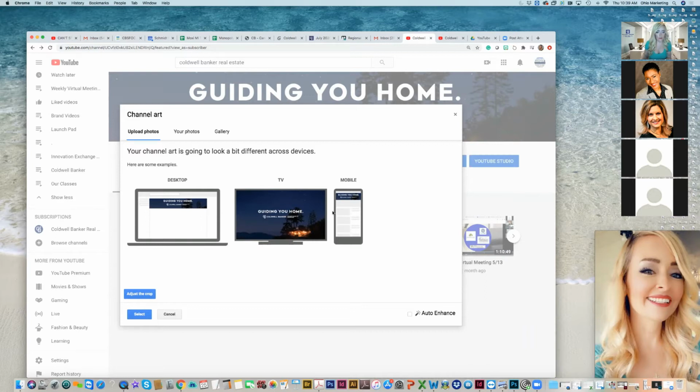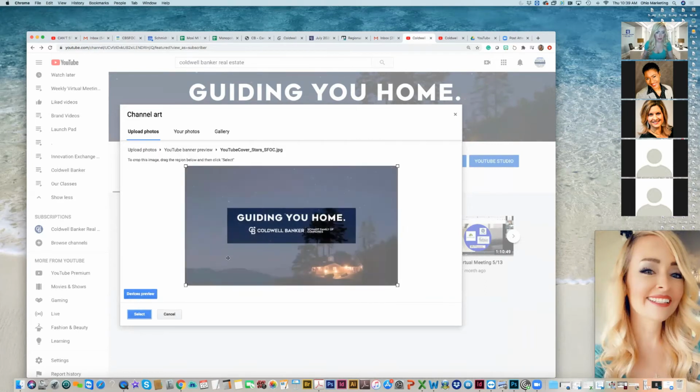In the event you have your own photo and it's not lined up correctly, underneath the desktop, TV, and mobile options, there is adjust the crop. This allows you to move your photo up, down, around, and make it smaller, and that dark centered part is the part that will show. So by moving it around, you know what's going to allow you to see what you want to see. That's just in case you need to move your positioning around a little bit.